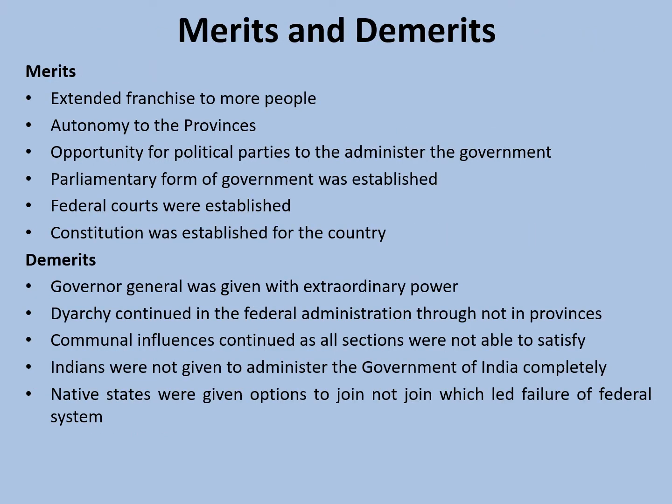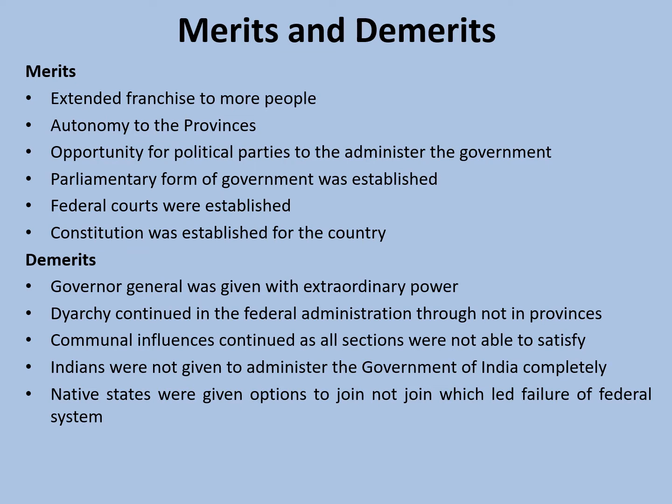So, as we discussed, there are many good things which have happened because of the Government of India Act, and we can categorize certain merits of the Government of India Act because it has ensured the franchise for the people of India. It has given the provisions of autonomy to the provinces. All the political parties were given the opportunity to administer in the acts of the government. The parliamentary form of government was established in India and federal courts were established and the country got a constitution as a whole. So these are some of the merits which we can highlight of the Government of India Act